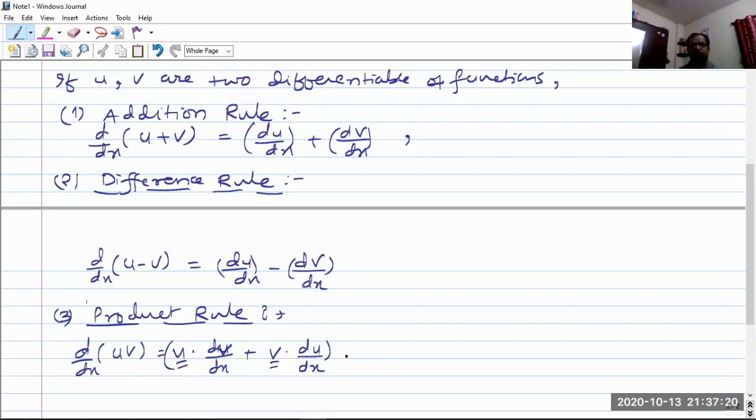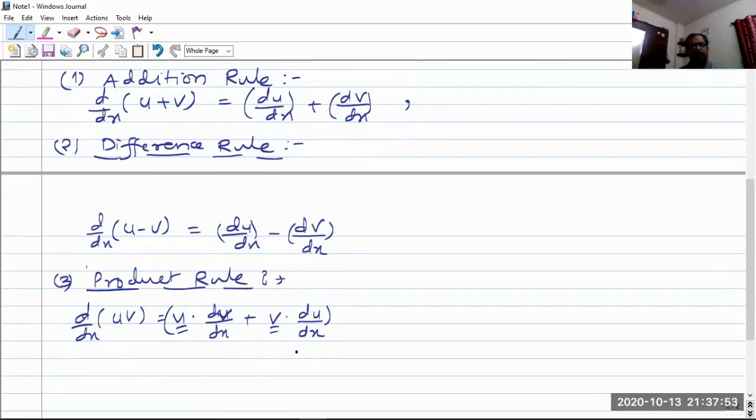So this is a very important rule. You may get confused here when trying to recall the formula, but it is not a simple formula like the addition and subtraction rule, the difference rule. It is not like that. Here we must know this rule. It's very simple and very easy to remember. The first function into the derivative of the second plus the second function into the derivative of the first. So easy, right? In this way you can keep this formula in mind.